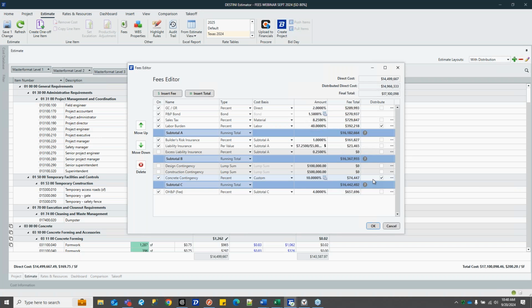So they are sort of calculated here. The money is spread. We're not accounting for it twice. So a distributed fee does not show on a deliverable. One thing to note, when you have fees that are distributed, you now have a couple of different cost bases